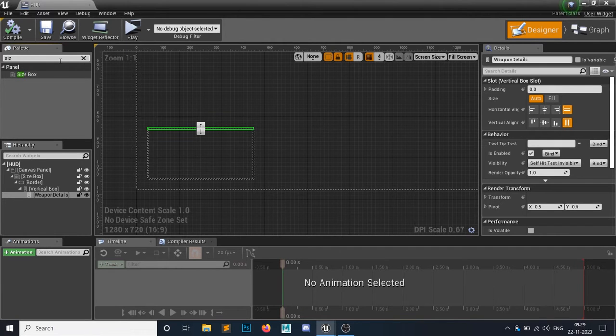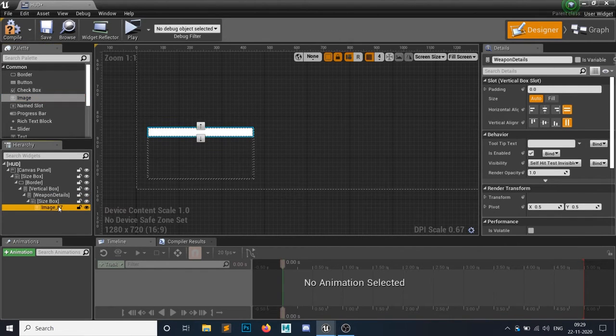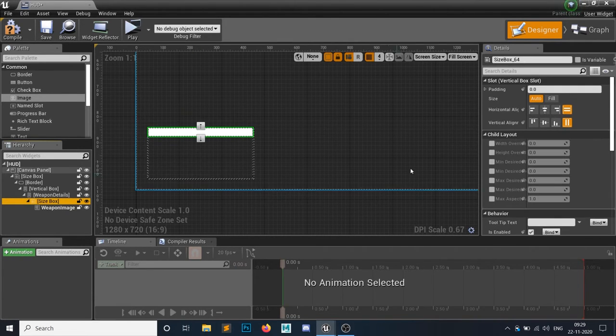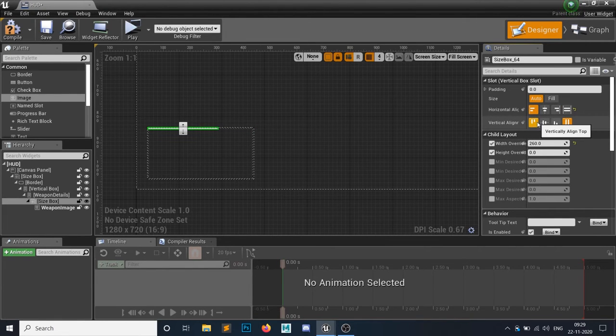This is why I am adding a new size box, and inside this size box I need a weapon image. The size of this size box should be 260 for the width, and the height should be 200, nope, 100. All right, I'm happy with this 100.